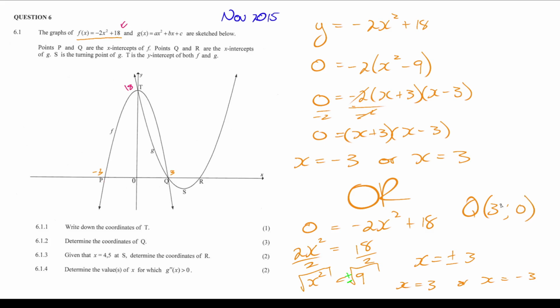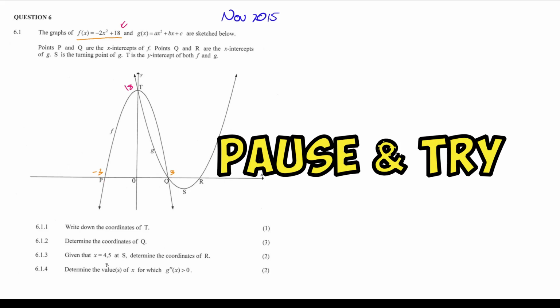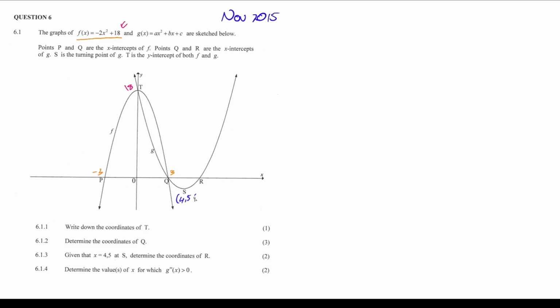Awesome sauce. Given that x equals 4.5, so we have here 4.5 and something, determine the coordinates of R. Now I would like you to remember that the x value of the turning point is also the axis of symmetry, which means,